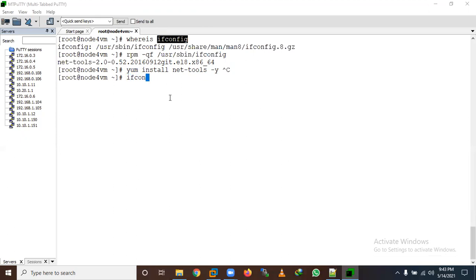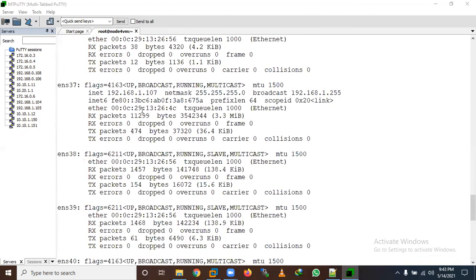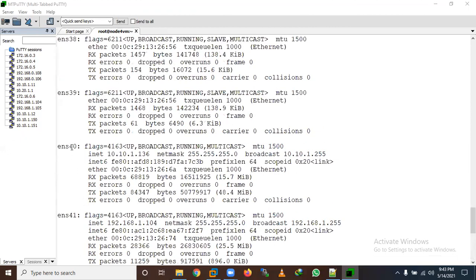So ifconfig -a will show you all the Ethernet interfaces with their IP addresses. Let's take the example of ens40.